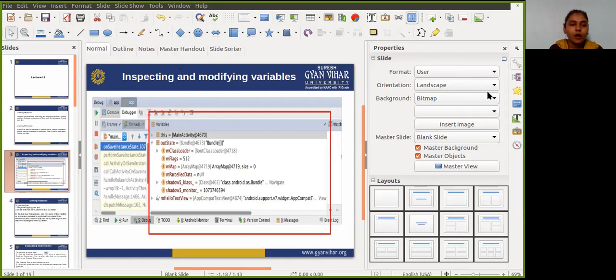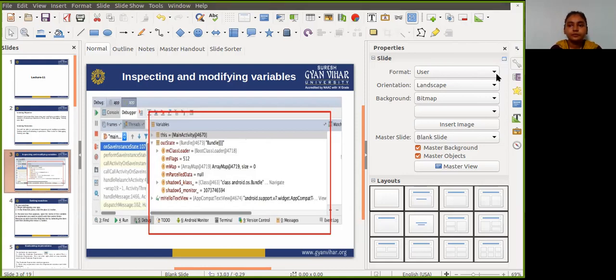So when the system stops your app at the breakpoint, a variable that holds an object or collection, such as an array, can be expanded to its components. The variables pane also allows you to evaluate expressions on the fly using static methods and variables available within the selected frame.